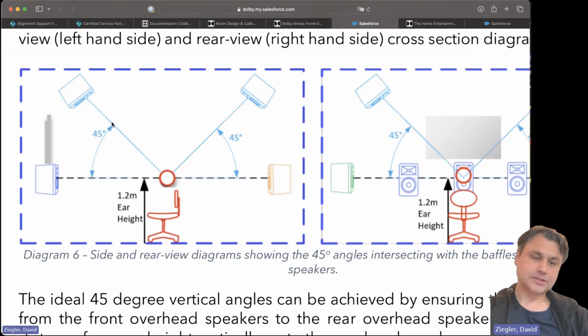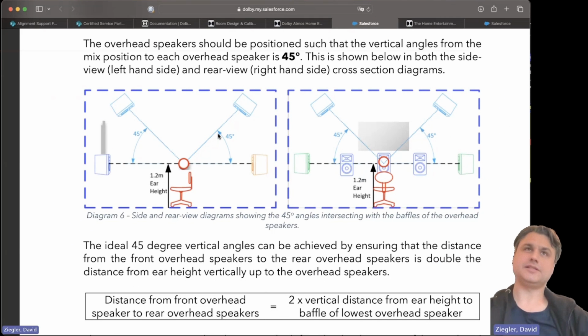So in a low ceiling, following the 45-degree angle, the speakers will be closer to each other than in a high room. It's a little bit of 3D math. So that's at the same time the most complicated part of designing a Dolby Atmos studio: